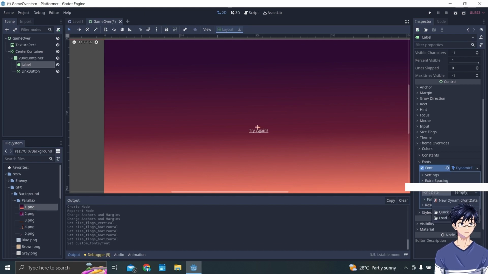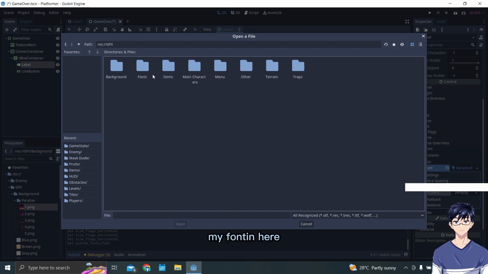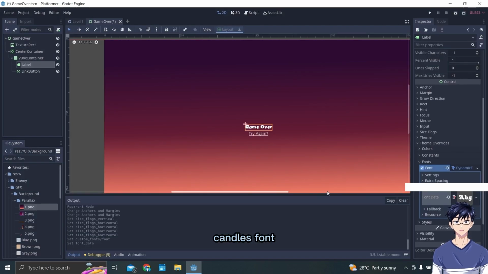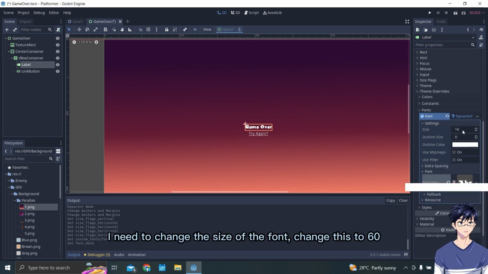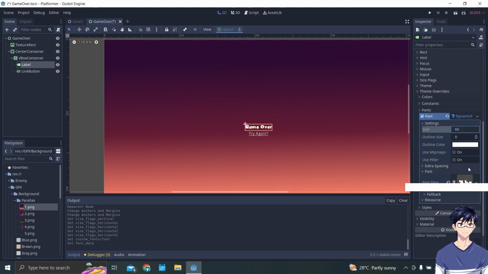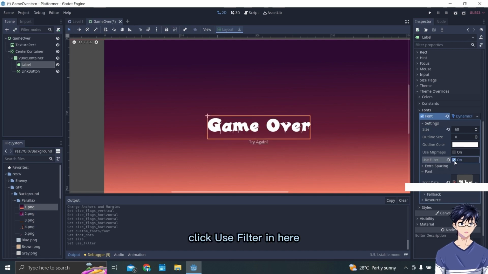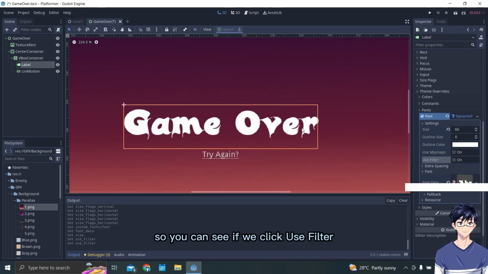I will use my own font here, the Candles font. Then I need to change the size of the font to 60, and then click use filter here, so you can see that if we click use filter the text will be smoother.